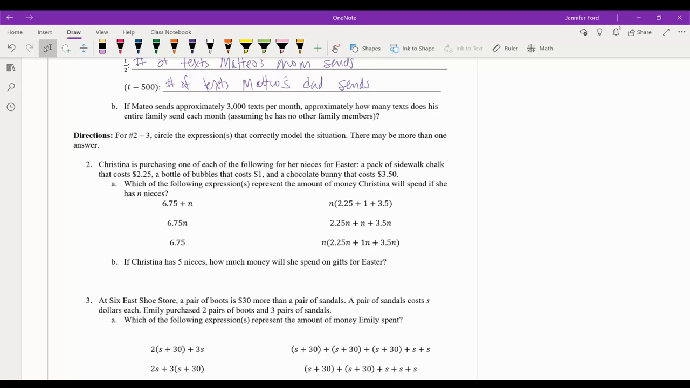All right. So we have here, each niece gets a pack of sidewalk chalk that costs $2.25, a bottle of bubbles that costs $1, and a chocolate bunny that costs $3.50. And all of that together adds up to $6.75. So doing my thinking on the side, like if she had N as the number of nieces,